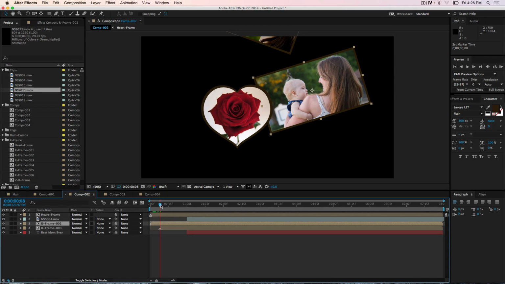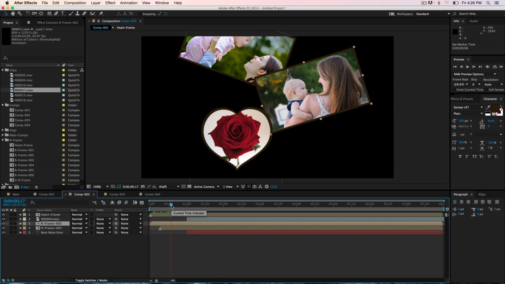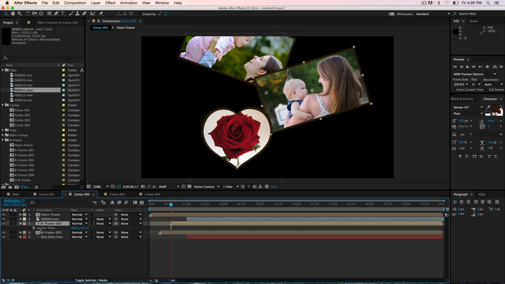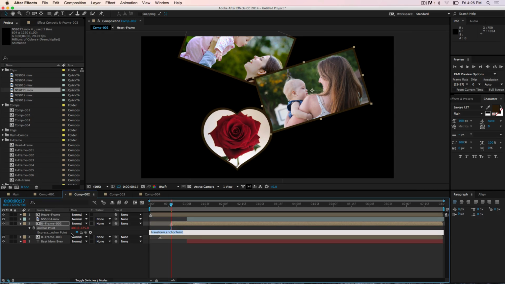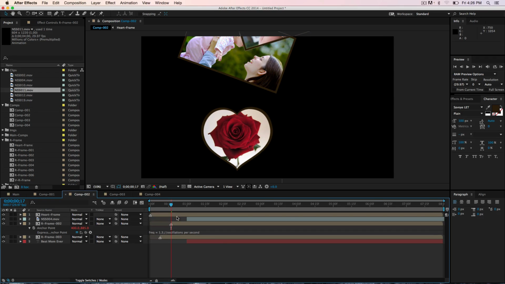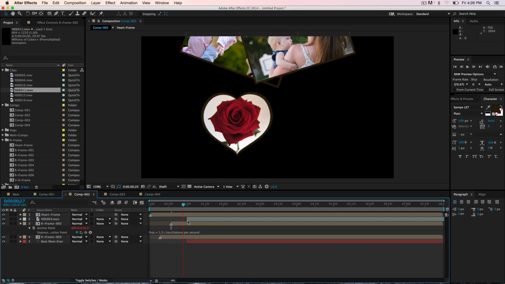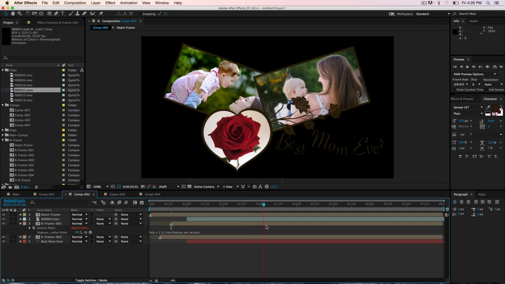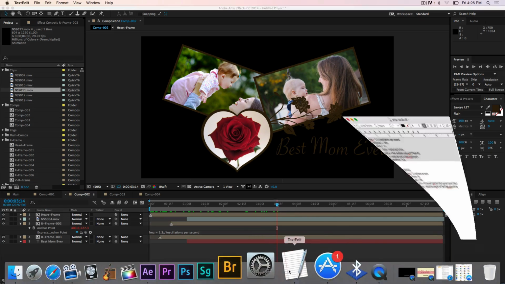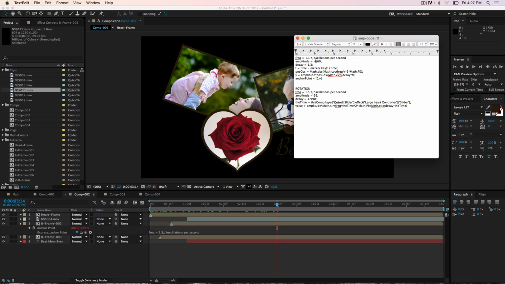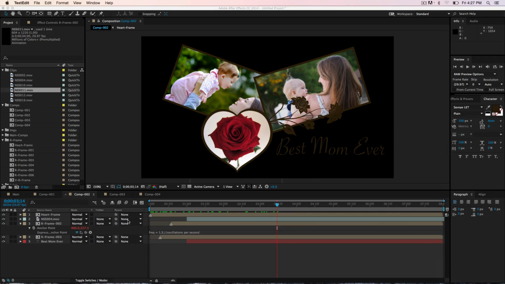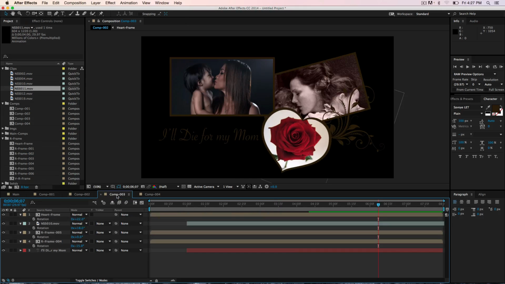And the same thing, we might need to go right there and cut the layer, add a marker, and hit the A, click, holding down Option, and then copy the code. So you see, we have the animation. You don't have to do anything else. Just copy and paste the code, and change the values depending on how fast and how quickly you want to have the objects move on the screen. Okay, so let me just minimize this, and I'm gonna pause the video and finish with comp 3